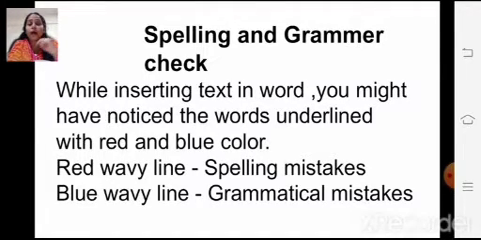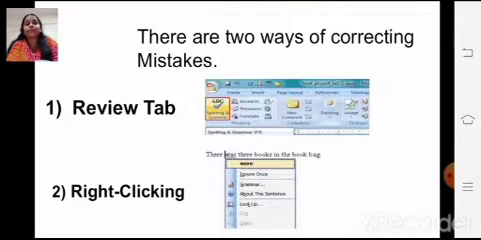So how to correct it, children? Very easy. In MS Word, there are two ways to correct these mistakes. First is in the review tab.